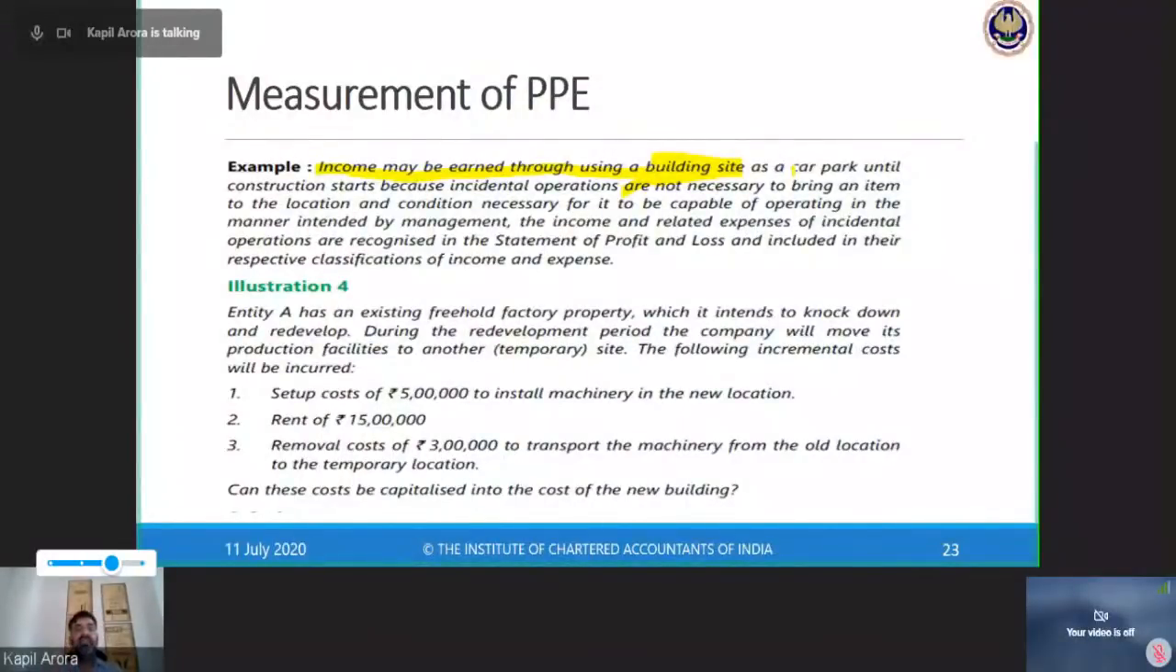Right? So let's look at one illustration here. This is illustration number 4. Entity A has existing freehold property which it intends to knock down and redevelop. During the redevelopment period, the company will move the production facility to another temporary site. The following incremental cost is